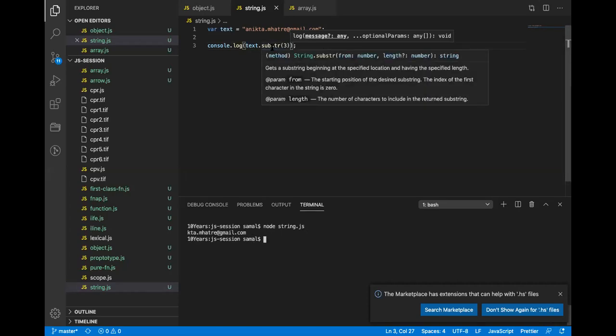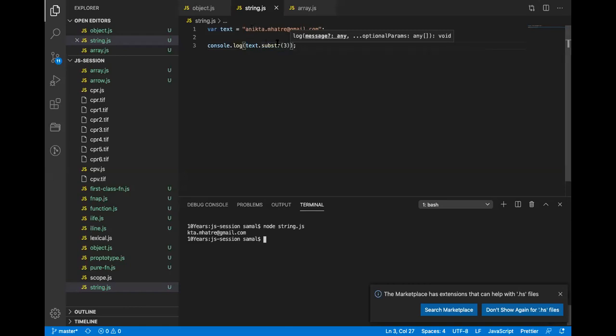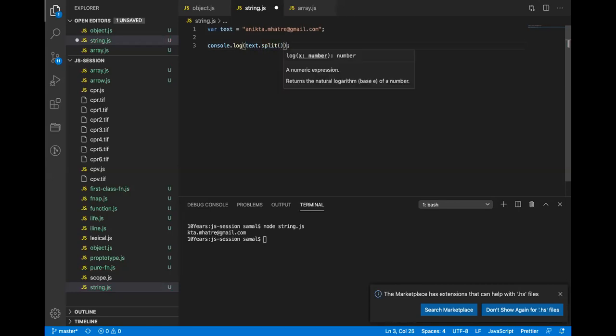Now when I do substring, internally JavaScript will convert this into an array, so this will be something like this. It split, and after splitting, it took the third value. Let's split with an empty string.